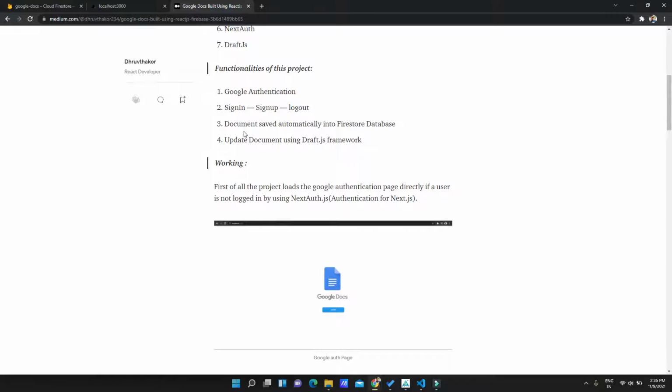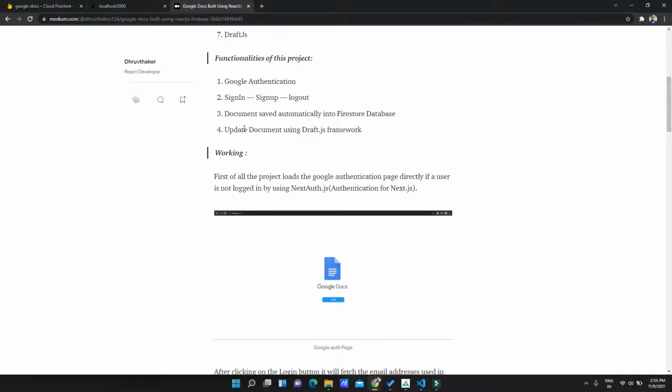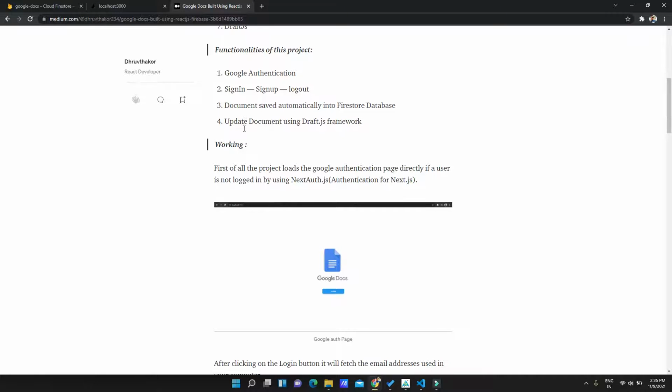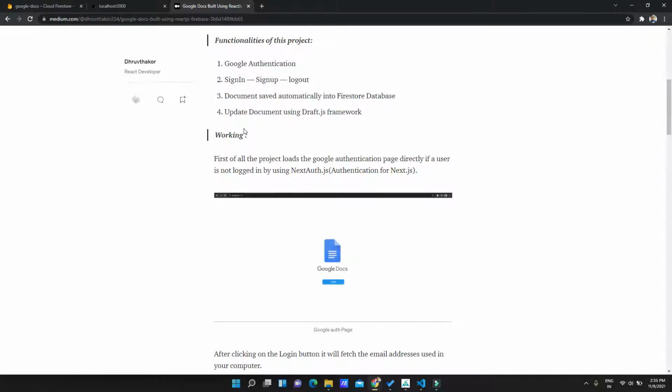And we can also write a document by creating a new document, and it will save automatically on the Firestore database, so we don't need to save again and again after writing.